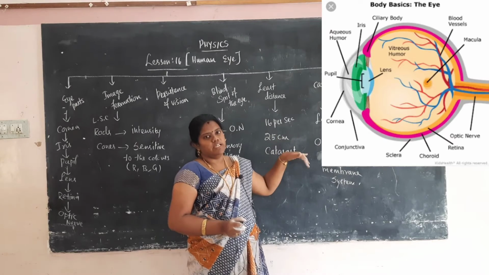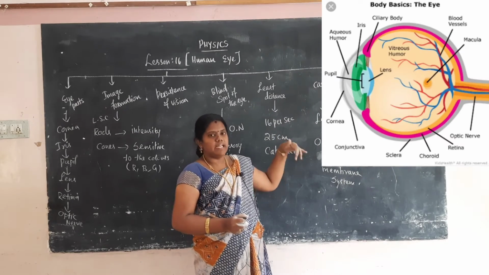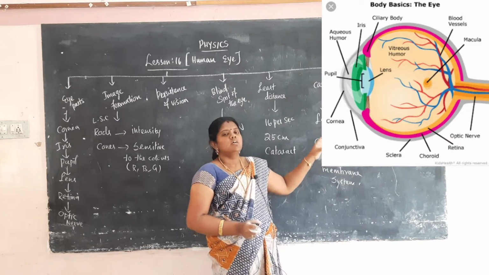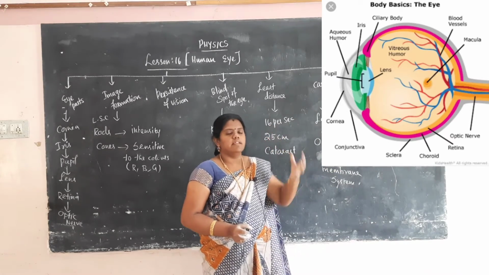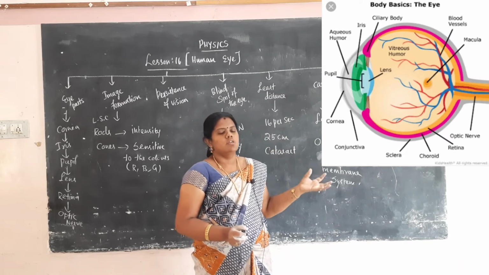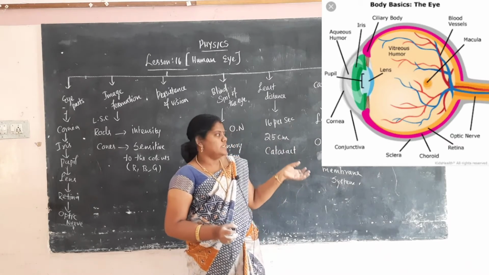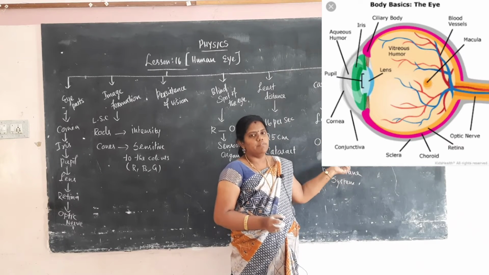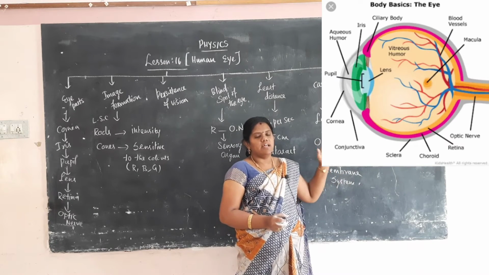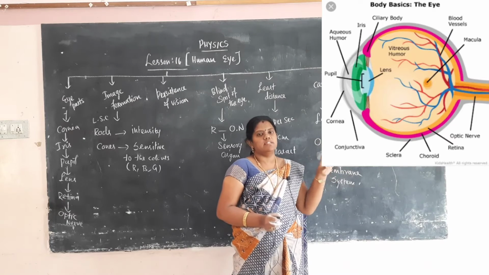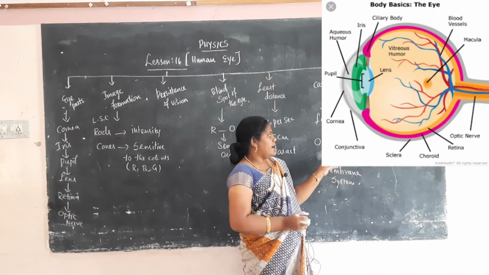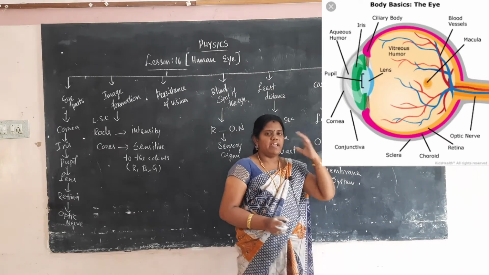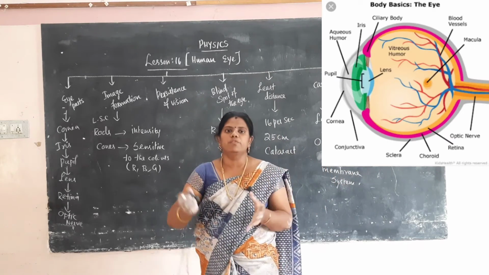Real and inverted image. The inverted image will go to the brain, which identifies it as the normal image using the optical nerve. The image view goes to the optical nerve, which transfers what is seen in front of the eye, and that signal is captured by the brain. The brain identifies what is in front of the eye.